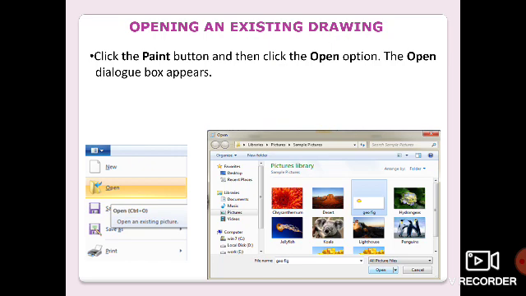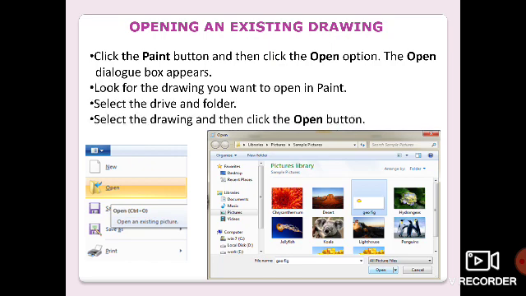So here if you have selected from the pictures, if you want a picture which is there in your pictures, I have opened the pictures and here I have many pictures here. So select which you want to open. As I have already saved in the name geometry figure, that is geofig, I have selected this and then click on open. When you click on open, the selected picture gets opened in your drawing window.